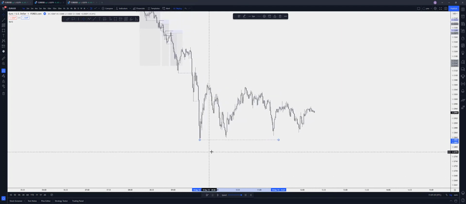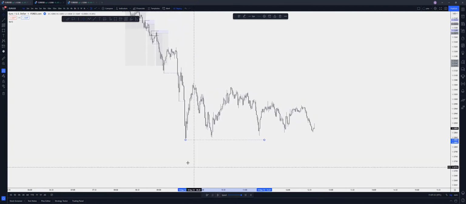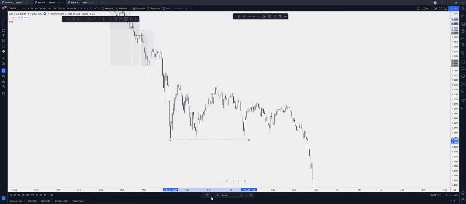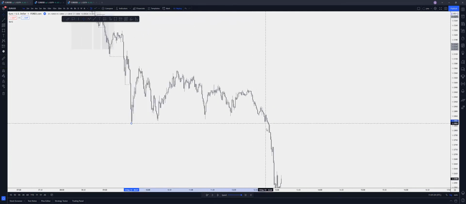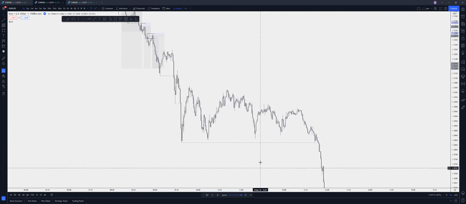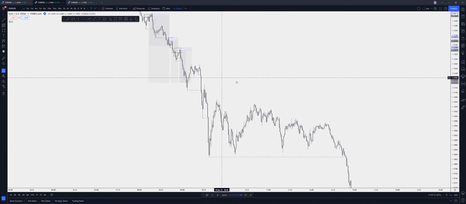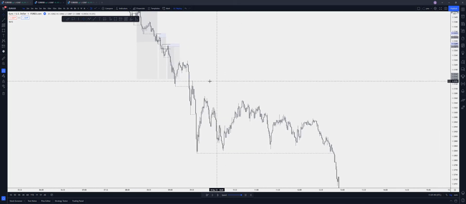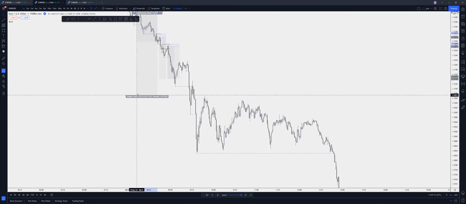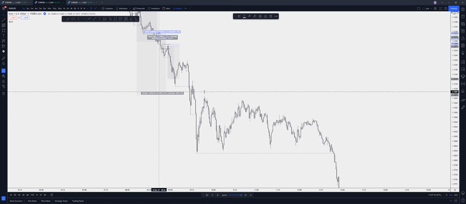This is what they call the London lull. Oh, there we go. So that's what we were waiting for there. Again, if you were in at this point, that takes a lot of guts for price to come down here, start doing all this, and you're still holding up there, but it is what it is. So we could then lock in above this high over here,